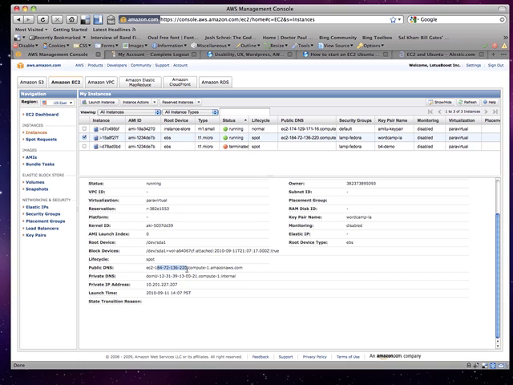184.72.136.220. You don't need to buy any elastic IPs or anything. This is assigned to you for the life cycle of this machine. As long as you keep this machine on, this is the IP address for it. So now that we have the machine up and running,